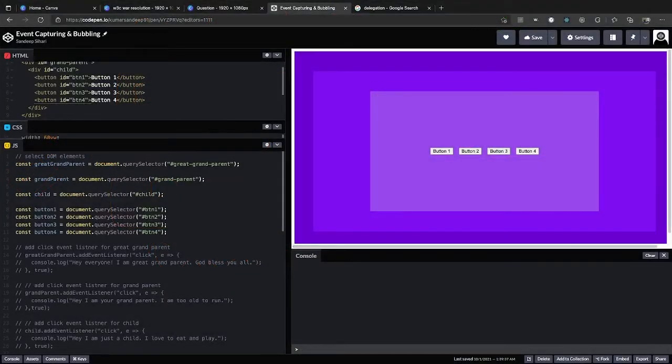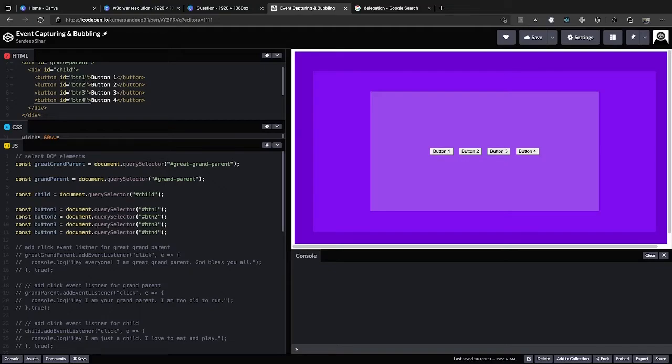Okay, so I have updated the same example a little bit. For the sake of demo, I just added 4 buttons rather than adding 100 or 1,000 buttons or elements. In order to do something once we click on these buttons, let's say just for demo, to print a message: I am button 1, I am button 2, I am button 3, or I am button 4. So how can we achieve this?